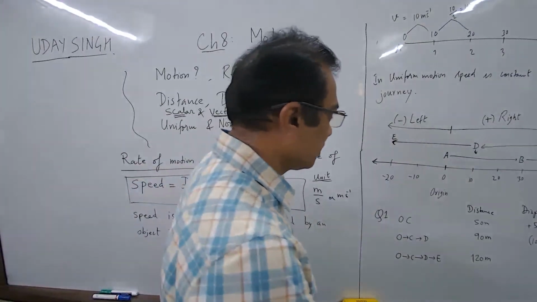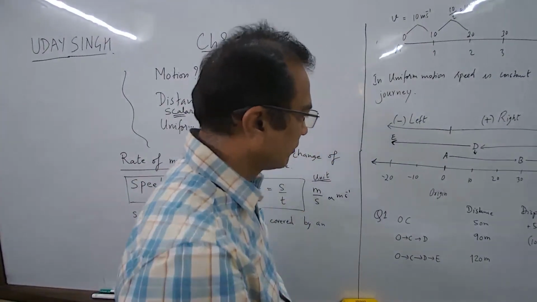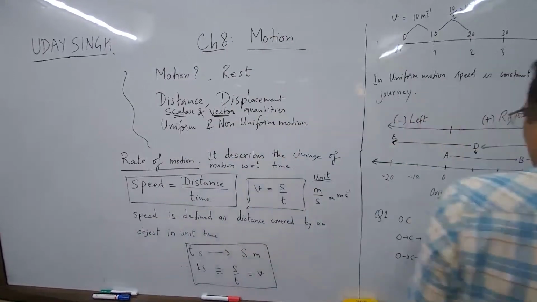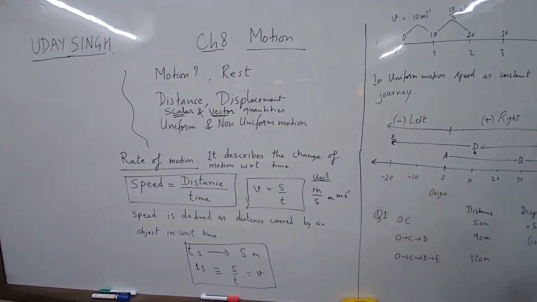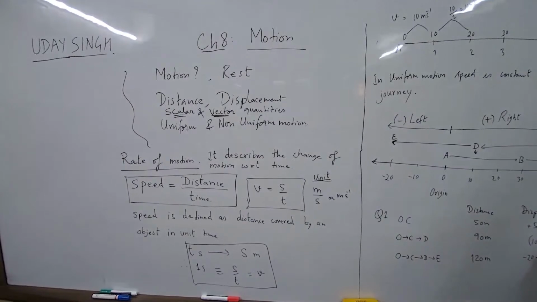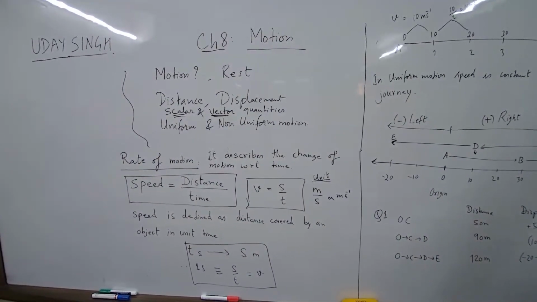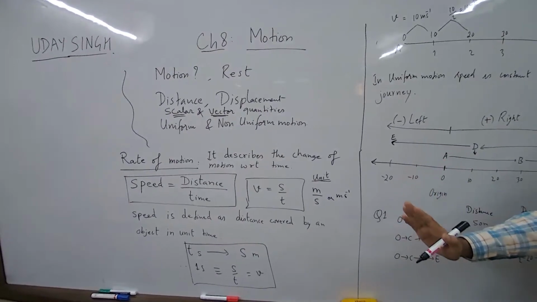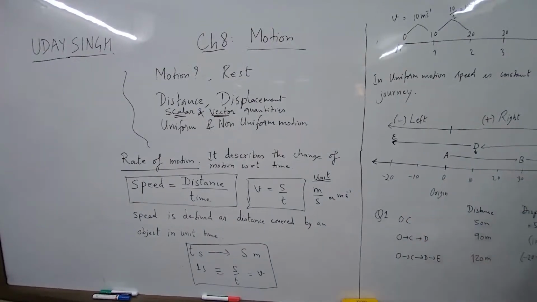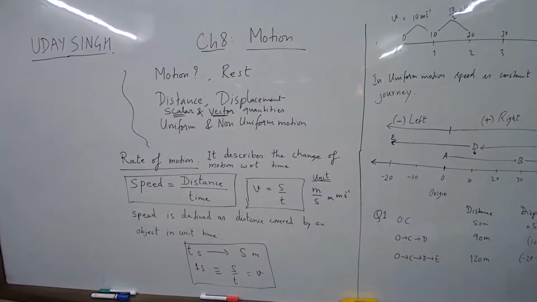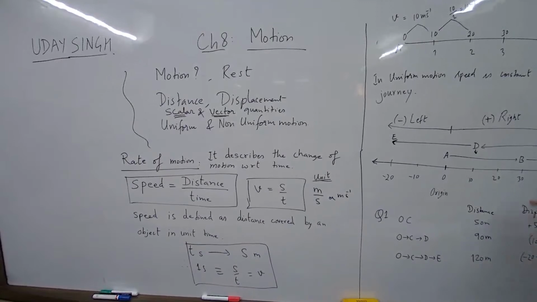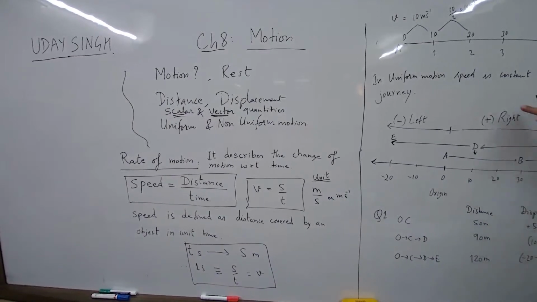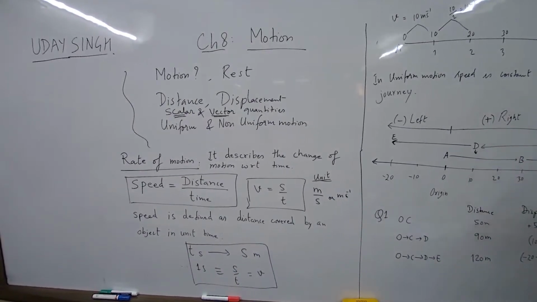Now what about displacement? Minus 20. Yes. So what is the final position? Minus 20, minus 0. This will be minus 20 meter. So 20 meter on the left. So this is the displacement. Is anybody having any doubt in this? This is a very good example to clear your doubt on distance and displacement.